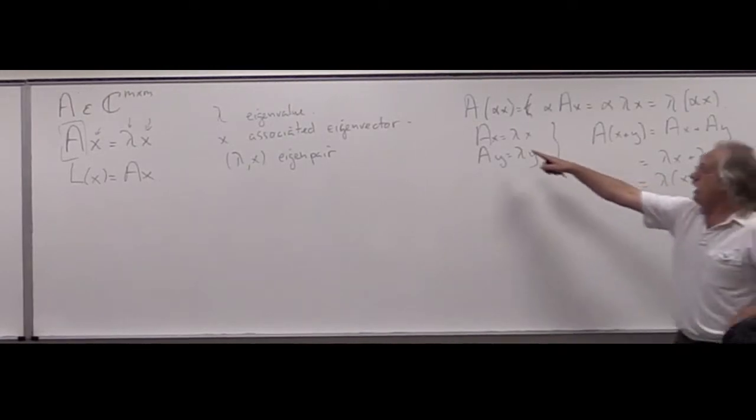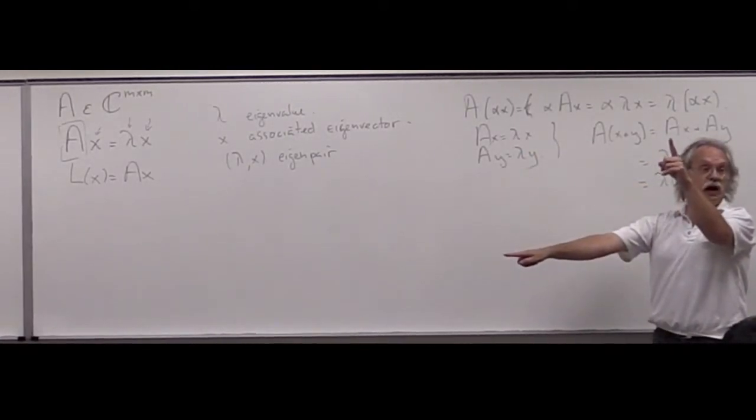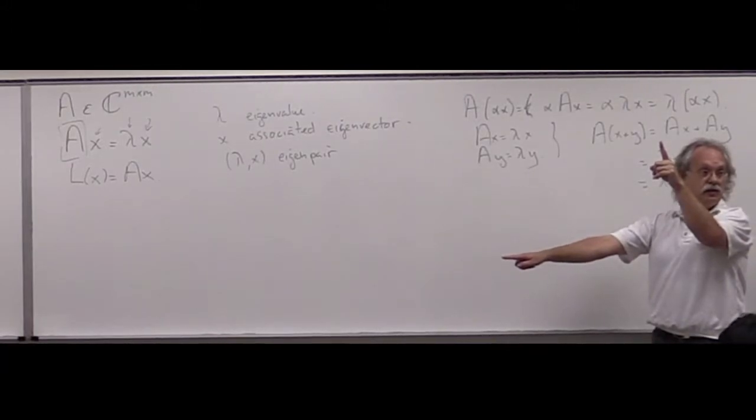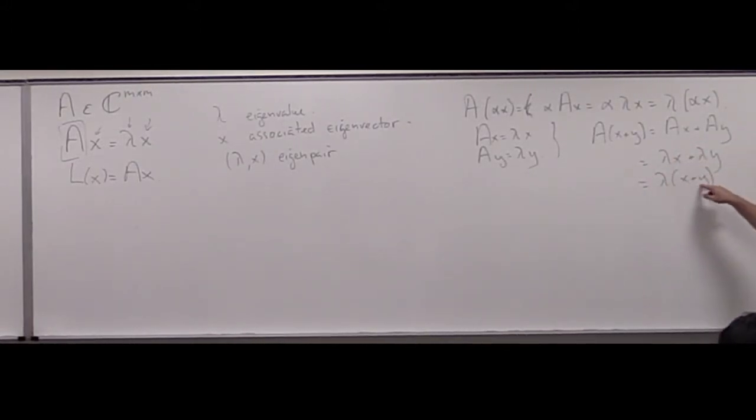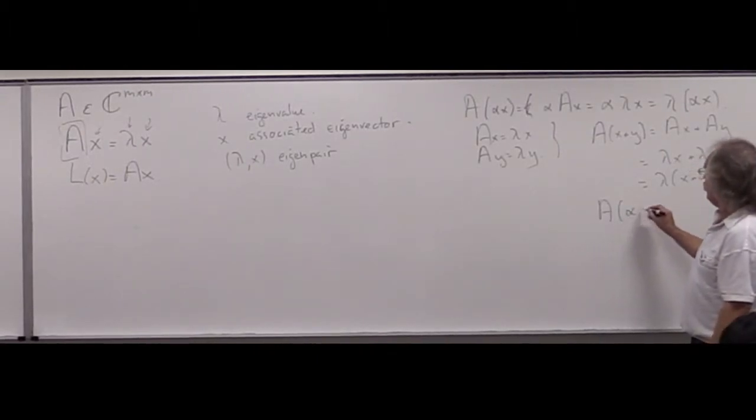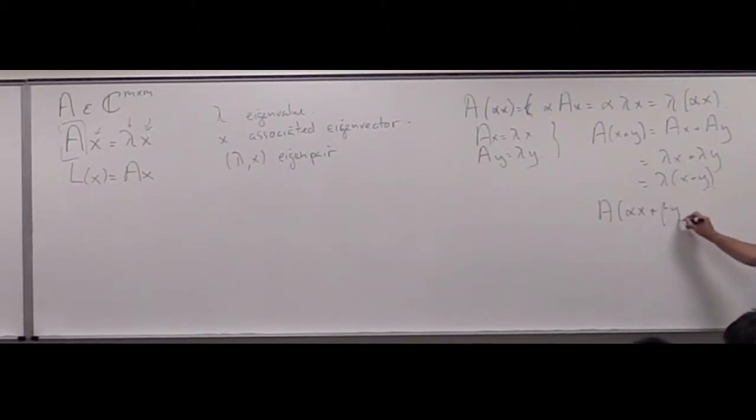Anyway, what you notice is that if you have two directions in which the operator acts as if it's a constant, then adding those two directions gives you another eigenvector. And as a matter of fact, it's not hard to see that A times alpha x plus beta y, in other words, any linear combination of eigenvectors will give you yet another eigenvector. And what that means is that the eigenvectors associated with an eigenvalue form a subspace,